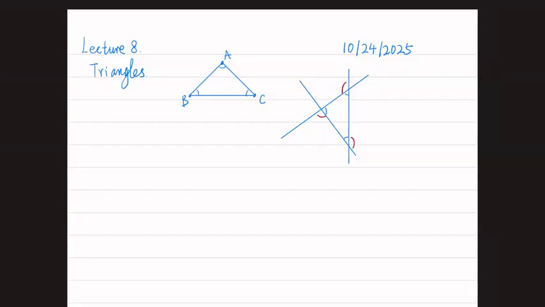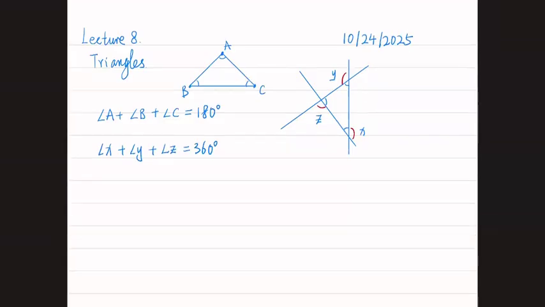And we showed that the summation of the three interior angles equals the summation of the three exterior angles. Let's label this X, Y, Z. Another implication that's very easy to see is that each exterior angle